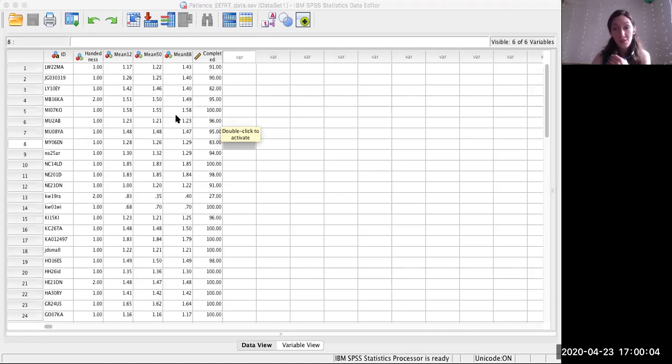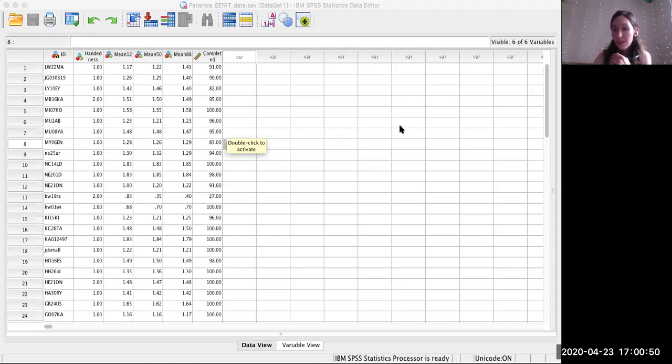If Mauchly's test is significant, as is the case for us, we cannot assume sphericity, so we can't read off that line. Instead, we have to look at one of these other lines. And these other lines apply a correction to the maths behind calculating a within subjects effect to allow for the fact that there's no sphericity, or that sphericity has been violated in the data. I'm going to recommend that you look at the Greenhouse-Geisser correction. The reason I'm doing that is because it's the most conservative, so it's the strictest of the corrections that SPSS gives you. So we know we have a significant Mauchly's. We know that that means we read off the Greenhouse-Geisser line. So we go